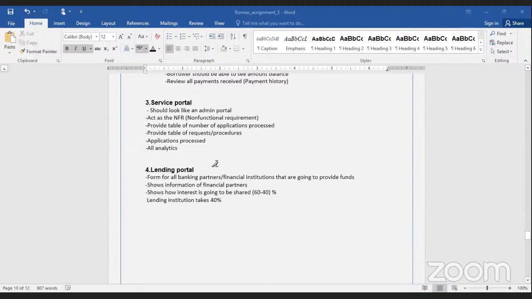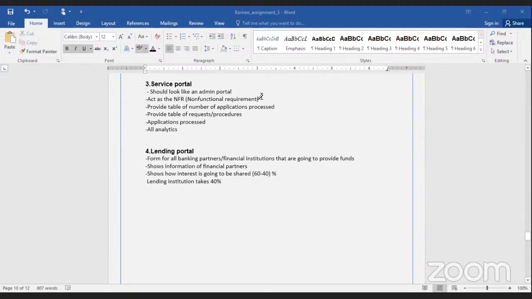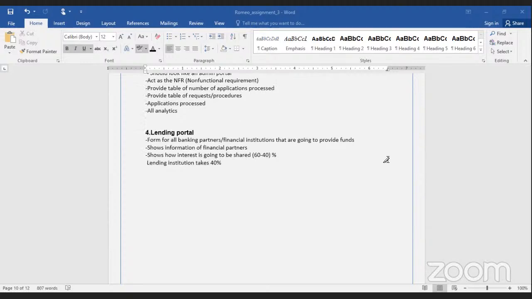It should be able to give us the analytics of all transactions that are happening. Then the lending portal: all financial institutions that are interested in providing funds do their registration here. So I think